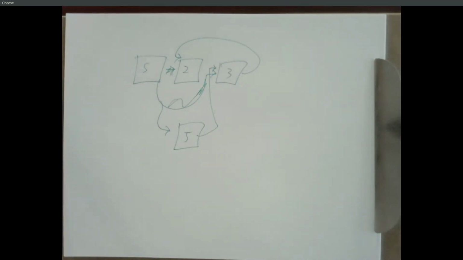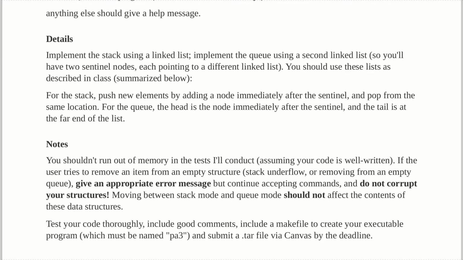So this is just your add function, but instead of searching for a magic place to add your node, you just add it right after the sentinel. So it's a kind of simplified add function. For the queue, the head will be the node right after the sentinel, and the tail is at the far end. So for a queue,